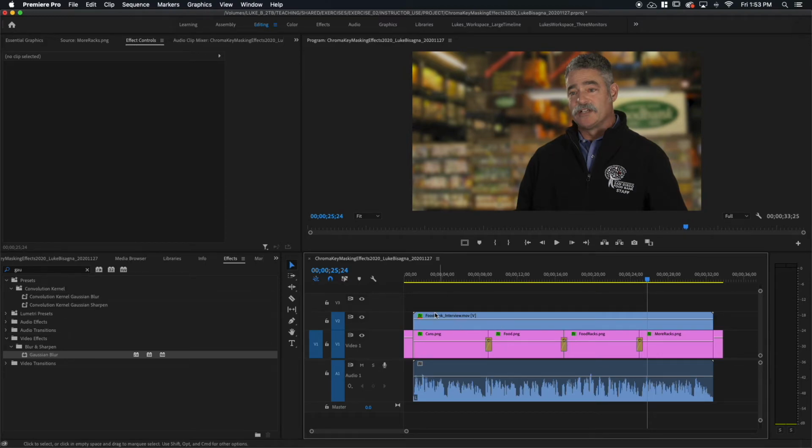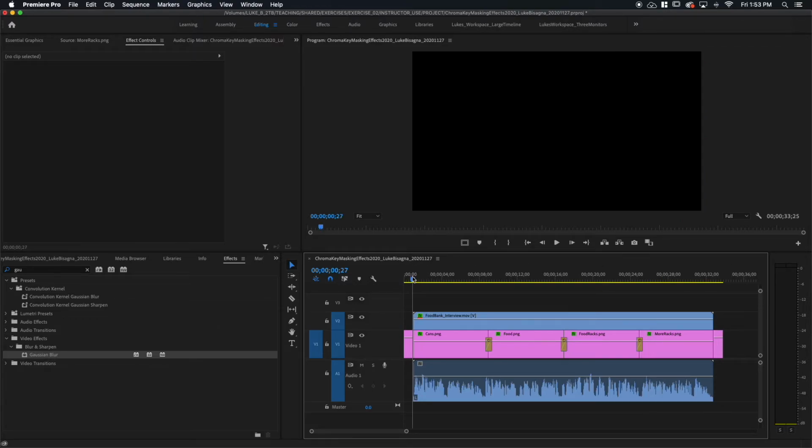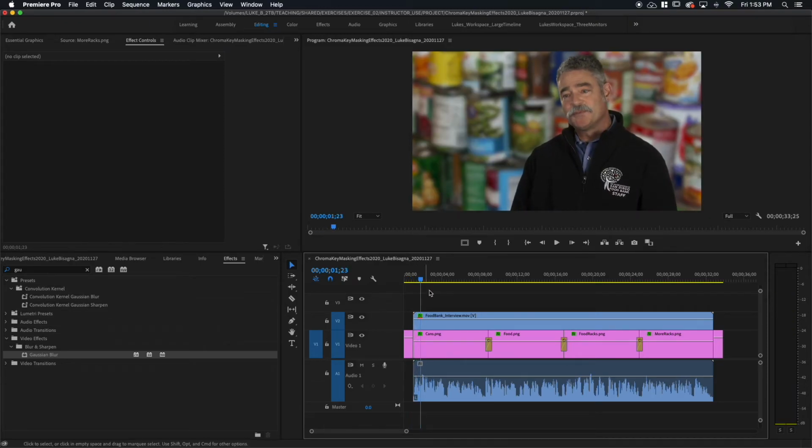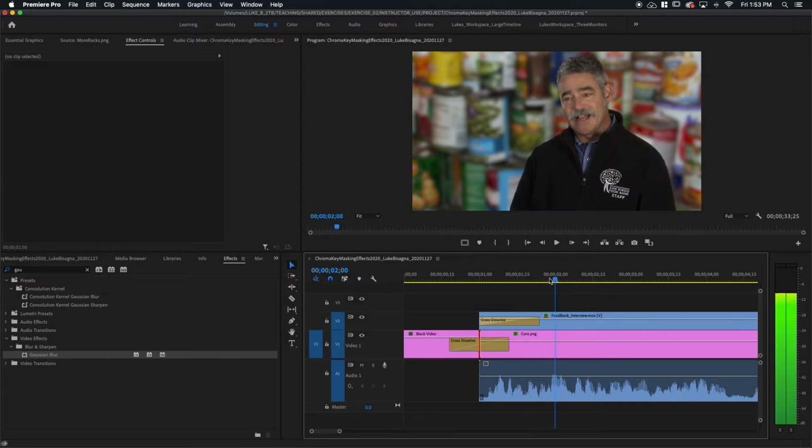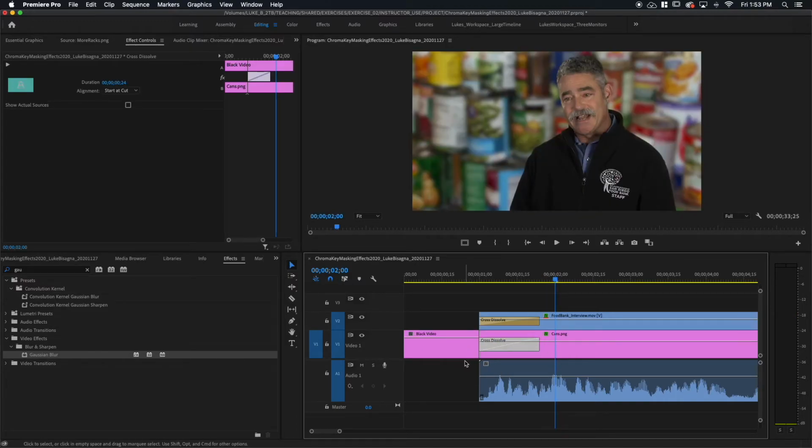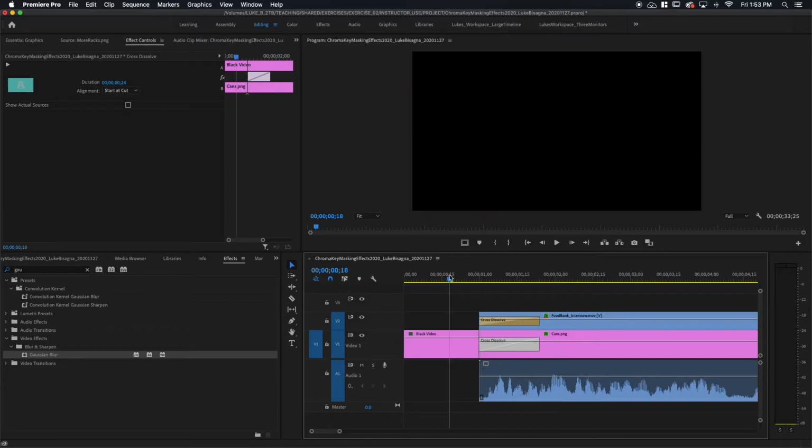Now all we need to do is fade up and fade down on this because we don't want to just cut from black to our subject. That's a little weird. All right, so you might think, hey, let's just put a dissolve on here and then put another dissolve here and then zoom in perhaps a little bit here and drag this over so they're both dissolving up at the same time. But look what happens when we do that.